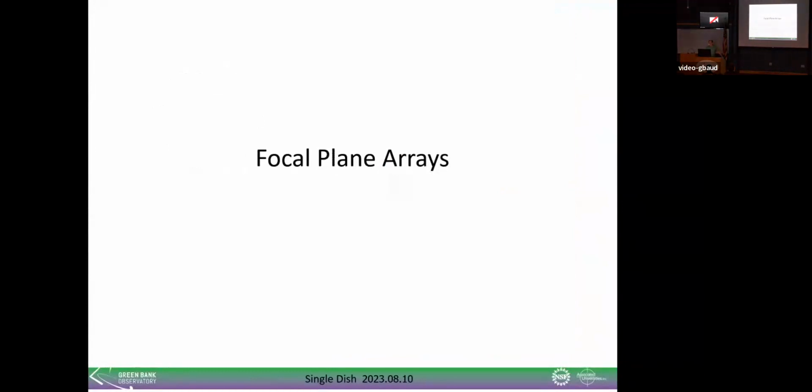Okay, so now I'll transition a little bit to how we optimize. Most of these receivers are about optimizing mapping speed, or T-sys over aperture efficiency, or system temperature, however you want to look at it, but it's really optimizing that number. And with a single feed, you're kind of stuck. One feed gives you a certain aperture efficiency and a certain mapping speed, but in order to increase that, the solution is to add more feeds, more receivers in a